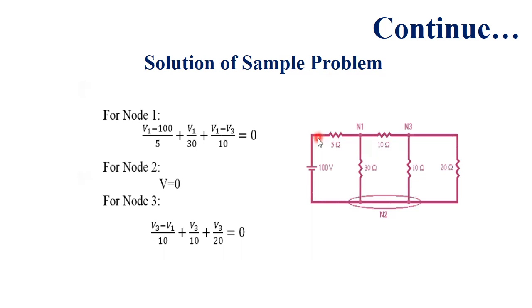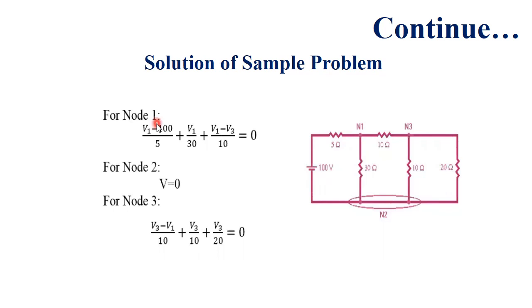If we write down the equations of the nodal analysis, then in the current circuit we have basically 3 nodes: node 1, node 2 and node 3. We are considering the voltage at node 2 equal to 0 because it is ground, and we are considering this node as reference. Now if we talk about this node, there are basically 3 branches across this joint point.